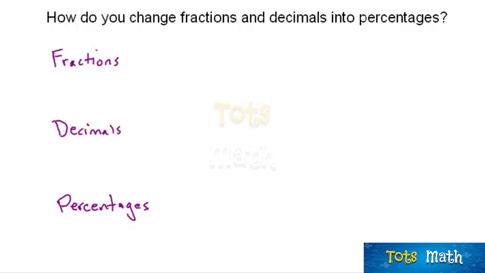How do you change fractions and decimals into percentages? Well, fractions, decimals, and percentages are three different ways of expressing an amount or a number. Some examples of fractions would be 2/5, 3/4, and 1/8. Examples of decimals would be